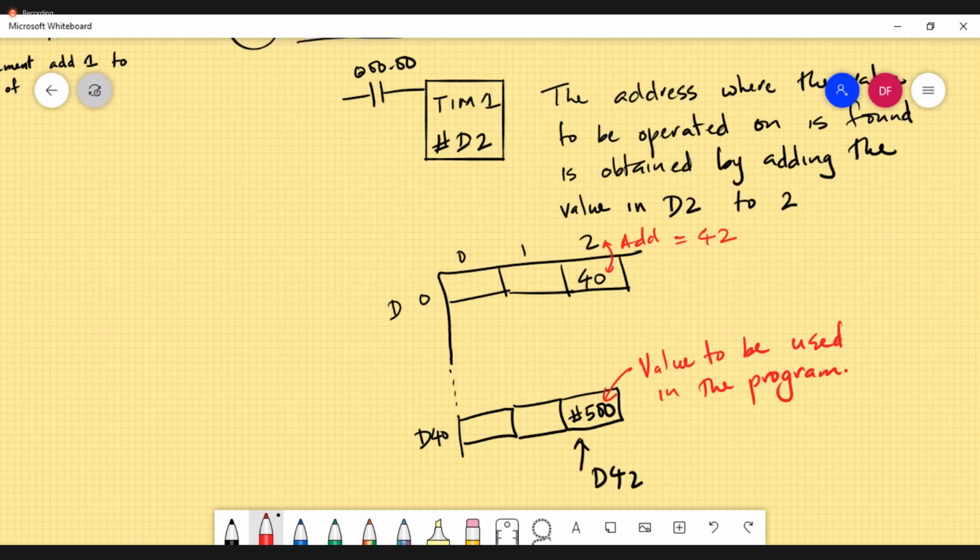So in that particular scenario, the value that you are going to use in the program is found, when you're using index addressing, by just adding the value in the memory location to the value at the memory location. And so the new location is found that way. So you take your D2